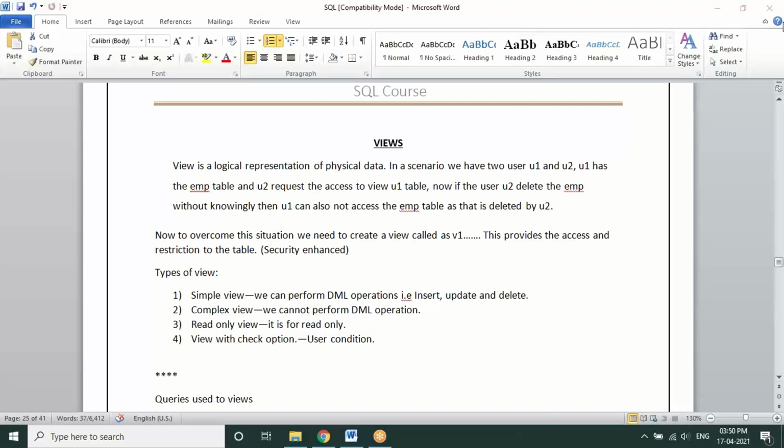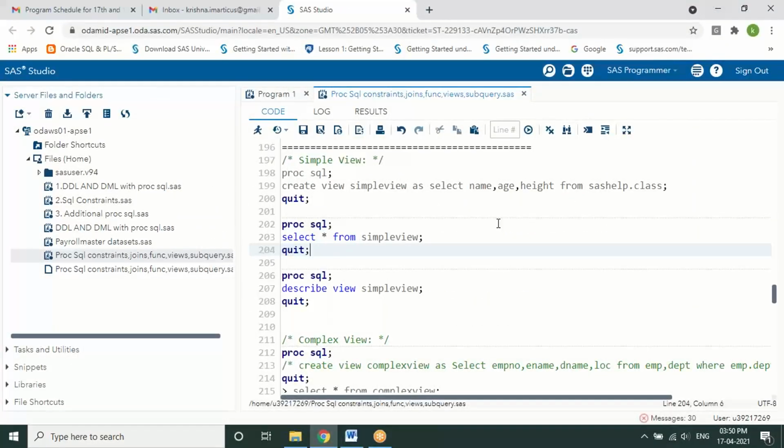So let's try to work on the syntaxes in SAS. See here, I already have one of the tables called sashelp.class, which you guys have been working on in the previous examples also. I'm going to create only the limited columns of a particular table as a view. So how do we write the syntax? Create view, some view name, as, select only the 3 columns from the table. Even if you want to apply more conditions, you can do that, like using the where statement, conditionally creating the values.